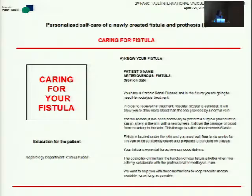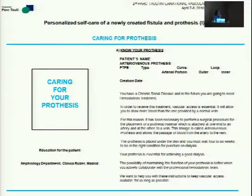We also explain why the surgery was necessary and emphasize that the fistula or prosthesis will play a main role in the future hemodialysis treatment, because vascular access is essential for achieving a good dialysis. It also means collaborating with all the professionals of the hemodialysis team. In the case of the prosthesis, it states if the PTFE was curved or looped, with outer or inner arterial